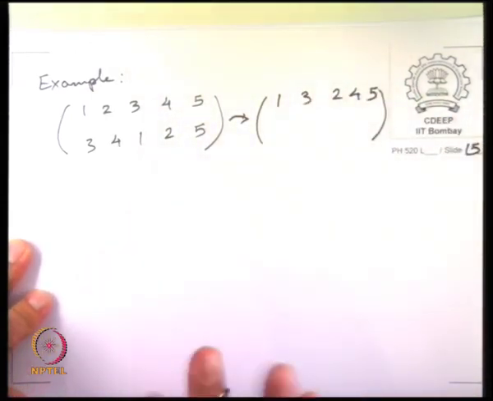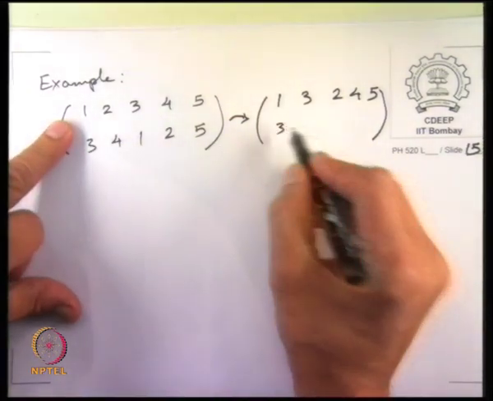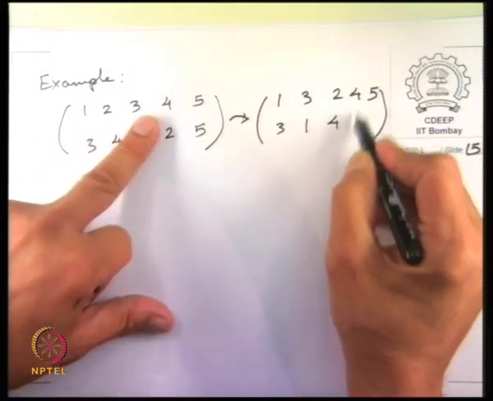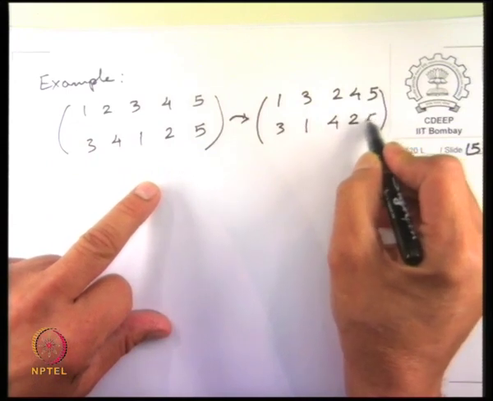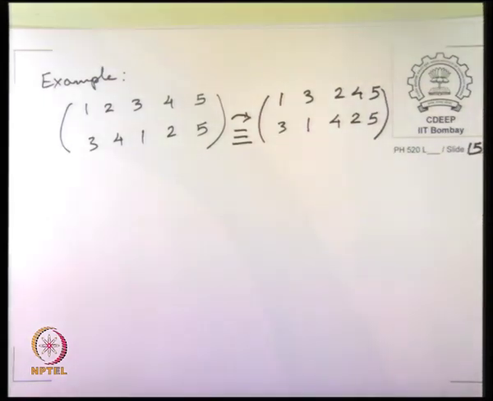Then according to our rules of representing permutations, we are supposed to write this out like this. Whatever is below 3 goes here, whatever is below 2 goes here, whatever is below 4 goes here, and whatever is below this. These are both the same. So it doesn't matter what order you started with, but what you are going to perform on it, how many operations. This is the statement about realizing a group. There is a base space or a carrier space, and there are operations on that carrier space.